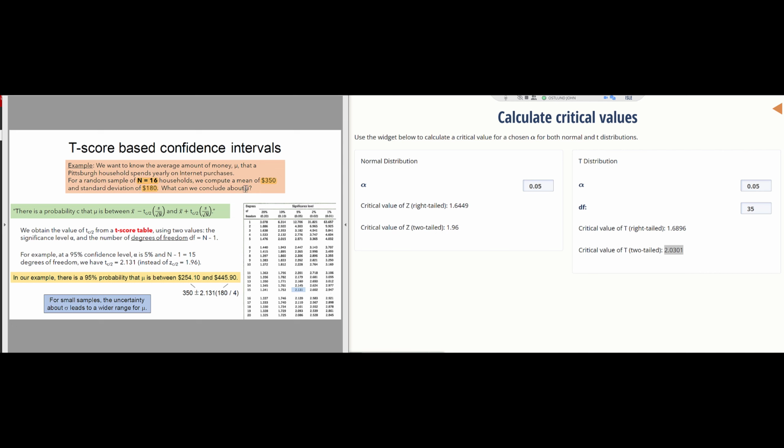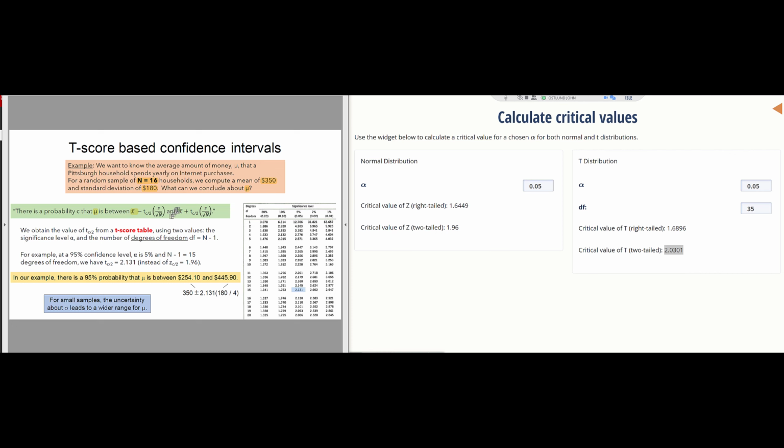And so we're going to conclude with a 95% level of confidence that the true mean for the amount of money spent by an average household falls between the sample mean,